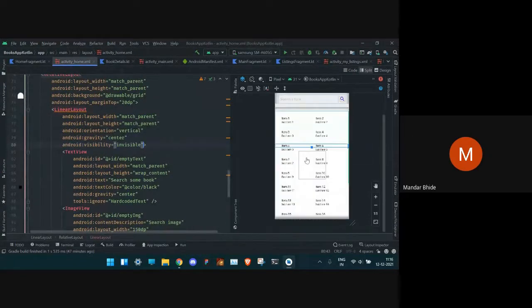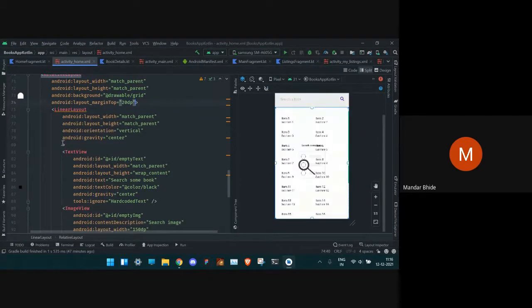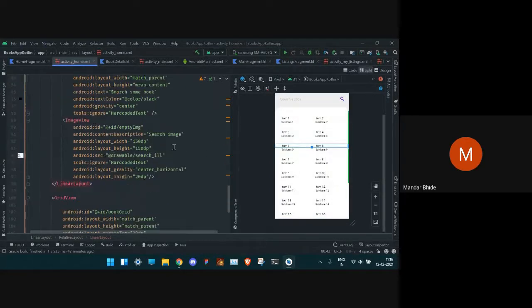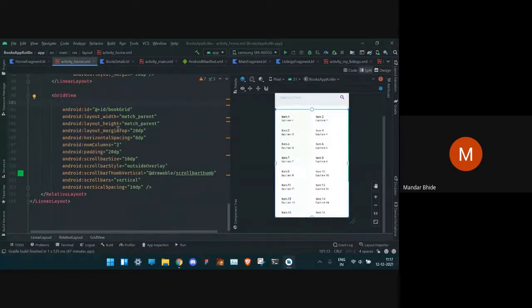So in that case, okay, you can see this is only highlighting the view. If there is something in this edit text, then we are supposed to show the result grid. So how do we handle this part?